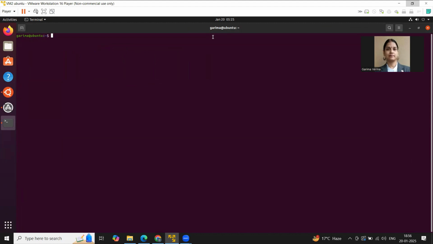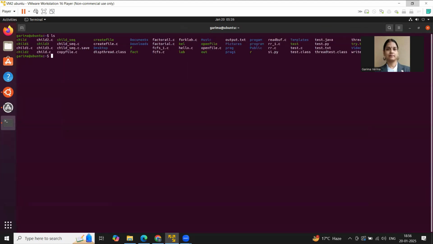So let's see the first command. The first command is ls. Ls means list. And one more thing, the Linux operating system is case sensitive, so you have to be careful while typing the commands. ls is in small case. Basically this command is used to show the list of all the directories and files stored in the current directory.